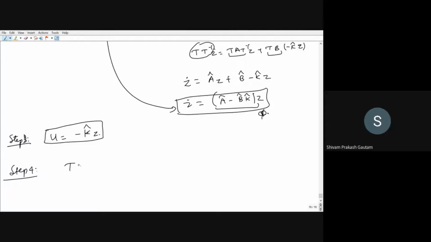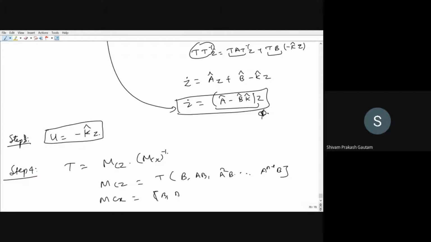is to find the T matrix. T matrix is given by MCZ multiplied by MCX inverse, where MCZ is given by B, comma AB, comma A square B, up to A to the power n minus 1 B, whatever the order of the system is, and MCX is given by B, AB, A square B, up to A to the power n minus 1 B. So from step number 4, you will calculate the T matrix,